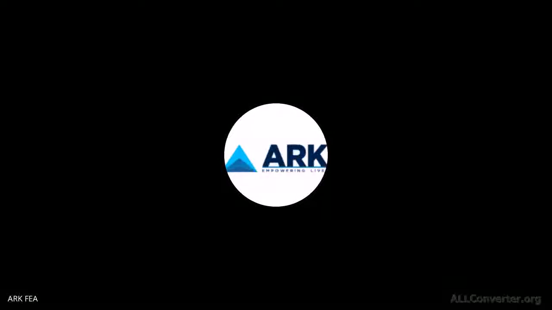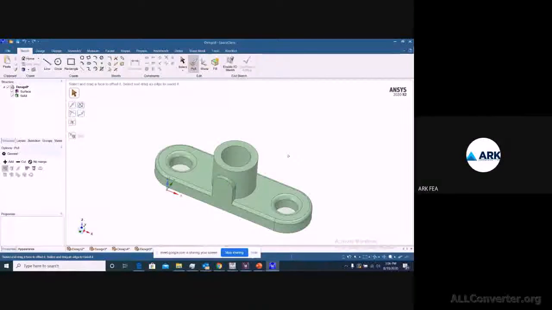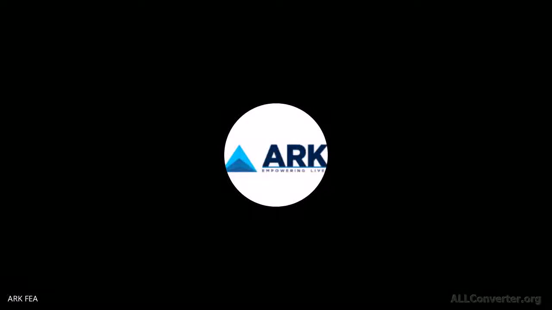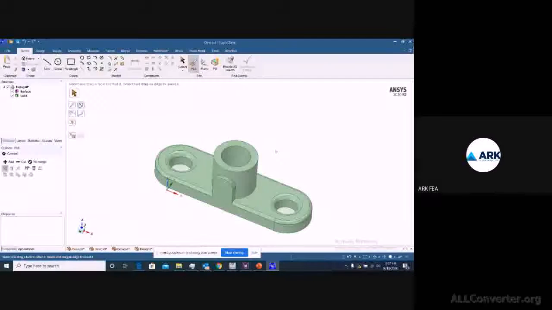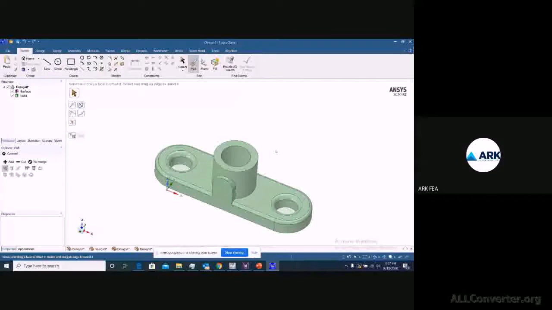The other main important aspect of using SpaceClaim is that whenever you import a geometry from any other CAD tool, you know that the GUI of ANSYS is different, and the GUI of other CAD will be different, depending on the scripting they have used.